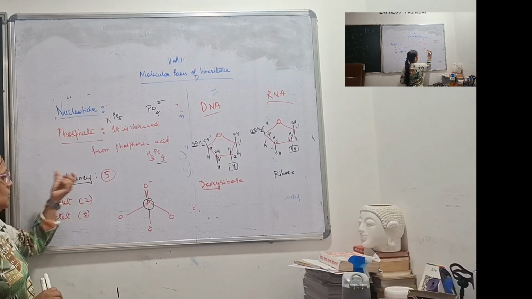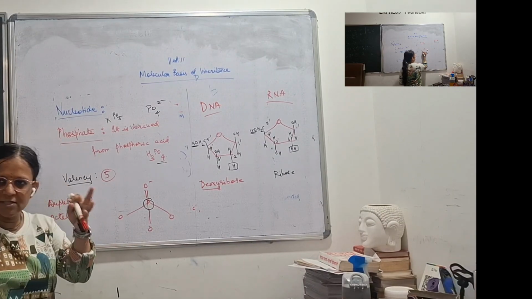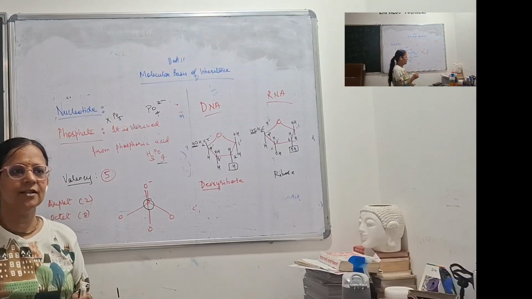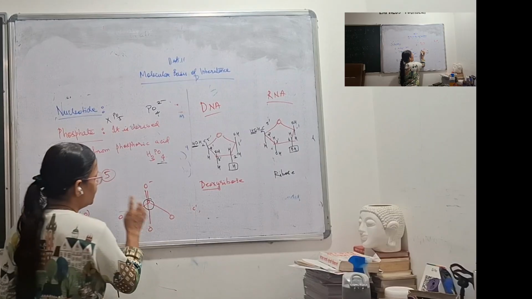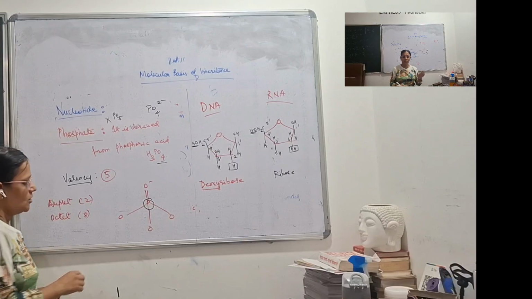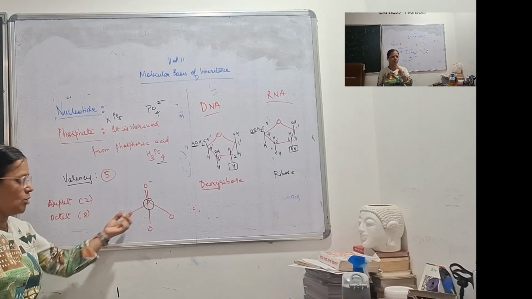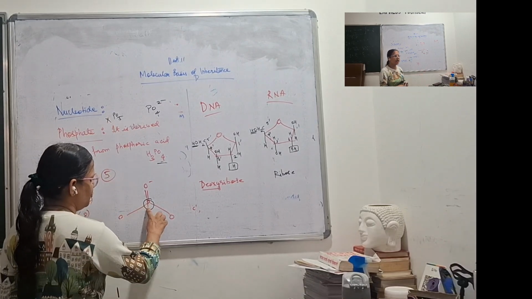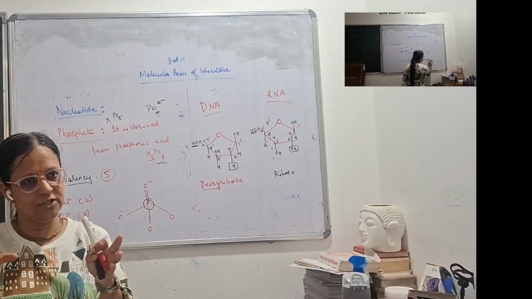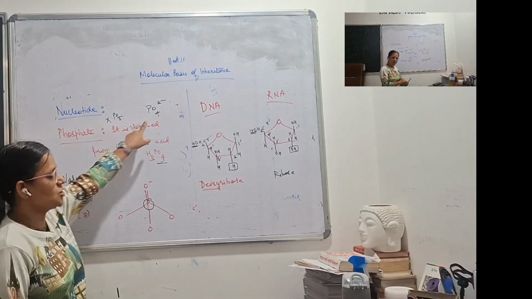But this is a rare condition in phosphate wherein the phosphate expands its valency. It goes more than 8. Why? Because we know that for every bond to be formed, you should have a pair of electrons. One electron coming from phosphorus, the other coming from oxygen. So it will form a bond. But here if you see 2, 4, 6, 8, 10, it's more than 8, right? So the phosphorus has expanded its shell in order to form phosphate.